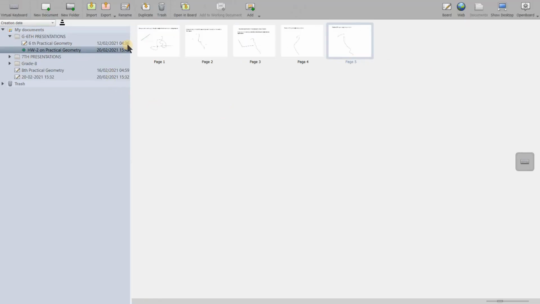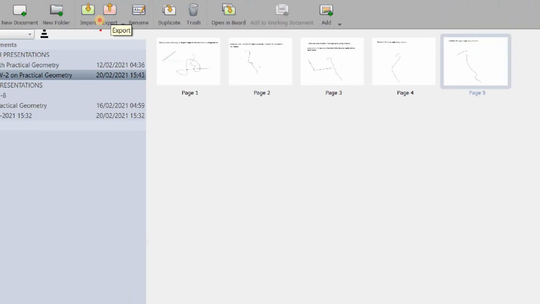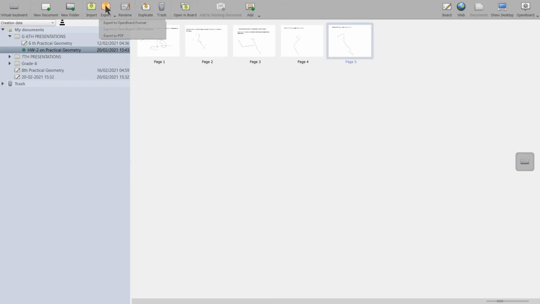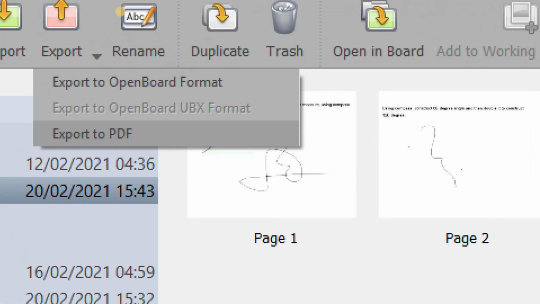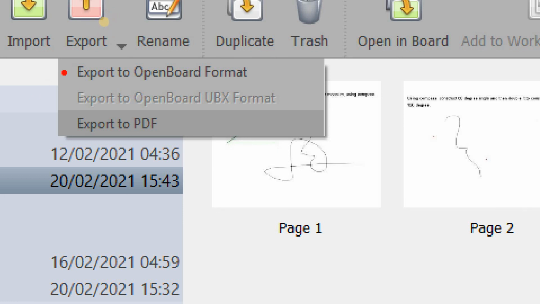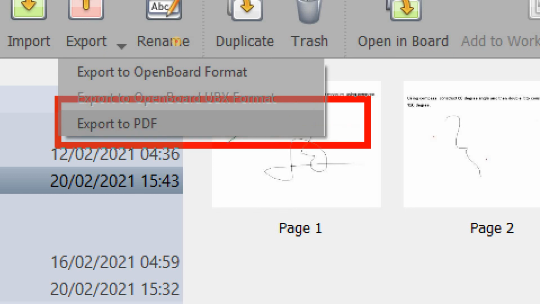Okay, so what I will do, I will choose the export option here. This is the export option. I will use this option to convert this file into PDF form in a location in my system. So I am clicking it. On clicking it, there are three options coming. I will just zoom it and show it to you. These are the three options here. Under this I will choose the export PDF option only.